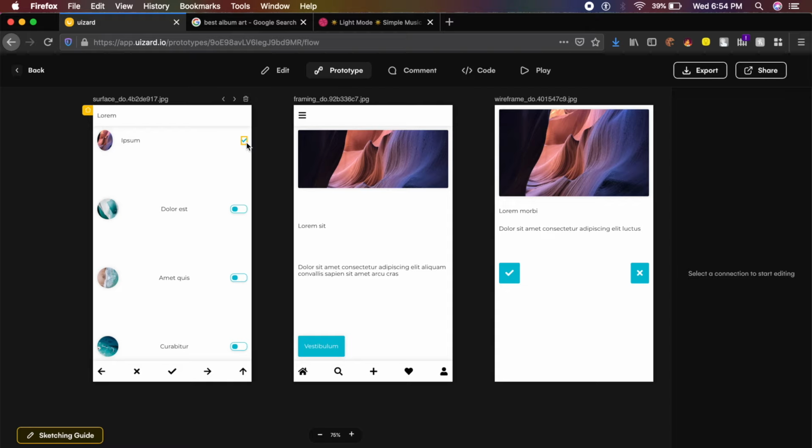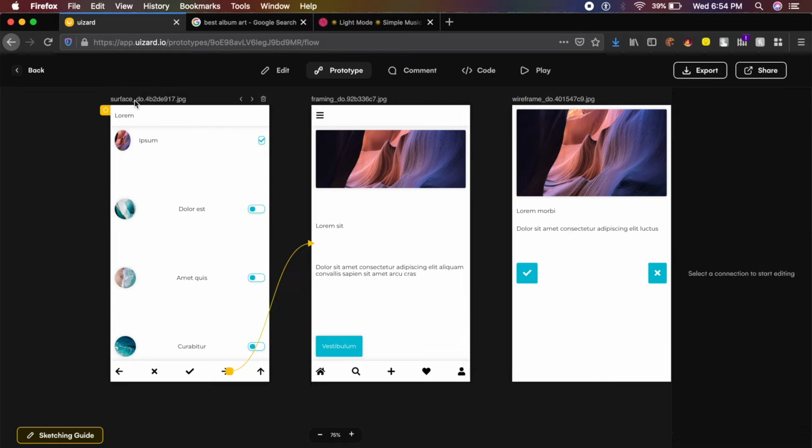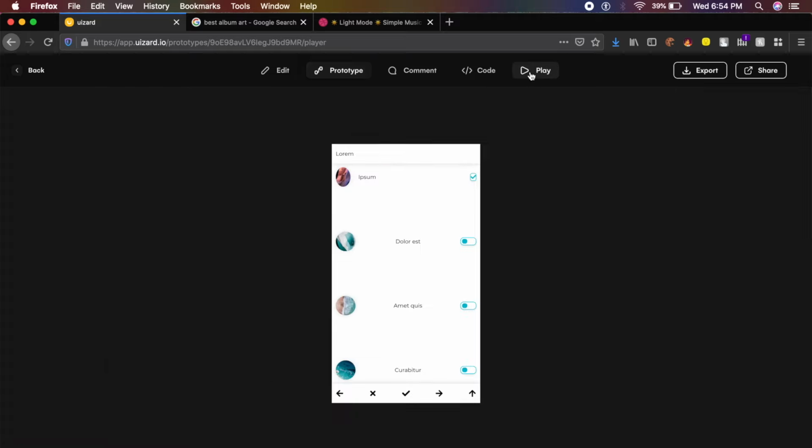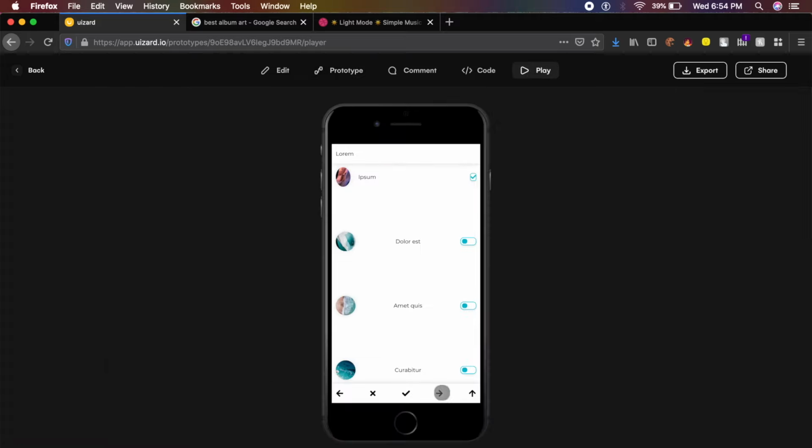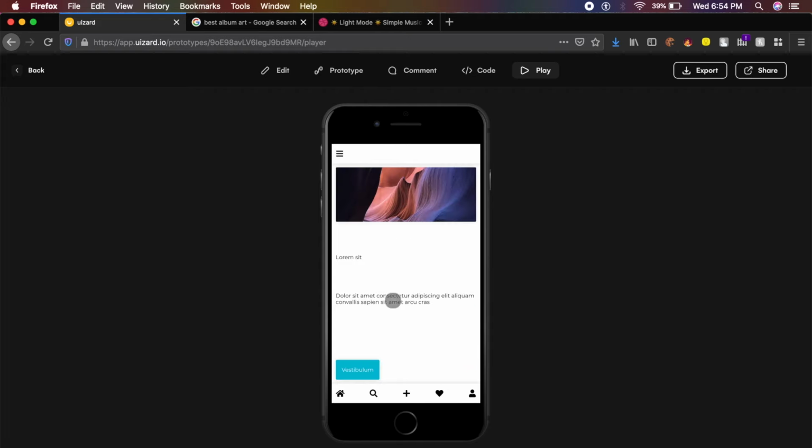So if you want to design just right here, you can do this. So maybe if I want to click on something and it takes me there, maybe if I click on this arrow here at the bottom and just drag out this arrow to the second artboard here, it will basically create a connection for me. And as you can see, animations are coming soon. So hopefully they'll be updating the animations library as well. So if I click on this and I say play, it should ideally play just the way I want it. So if I click here, it will take me to the other screen.